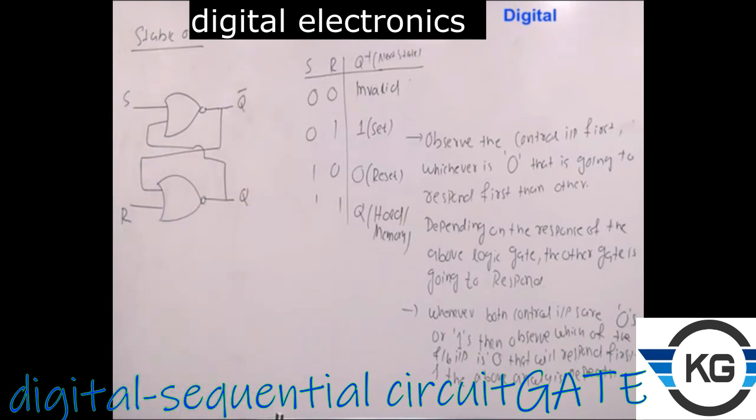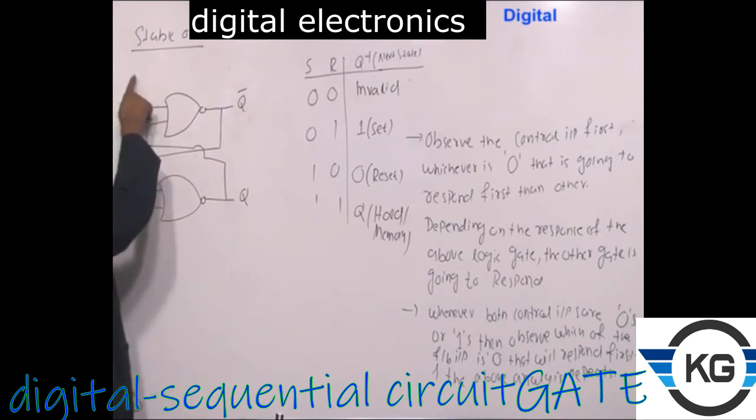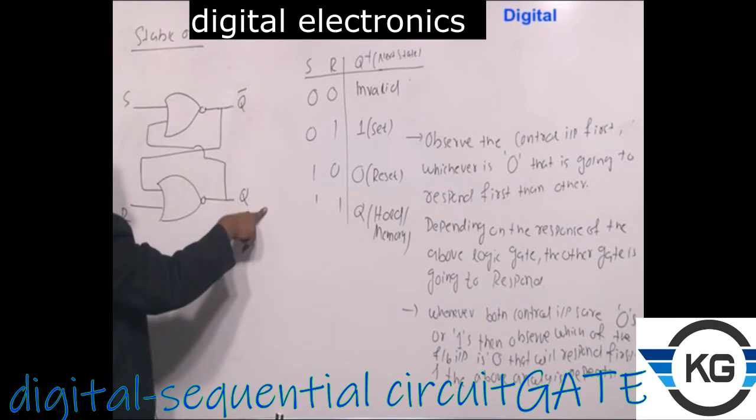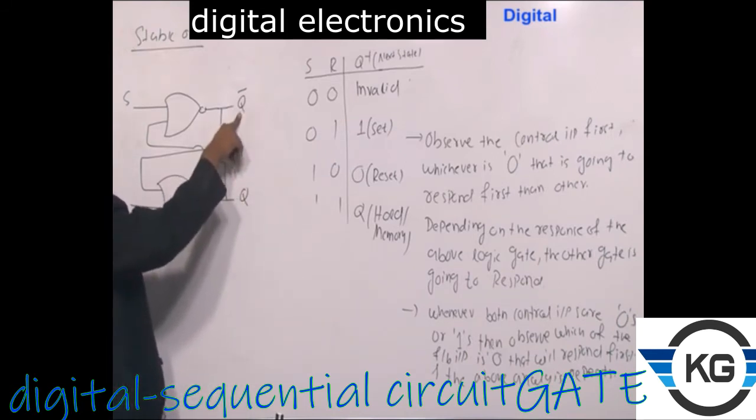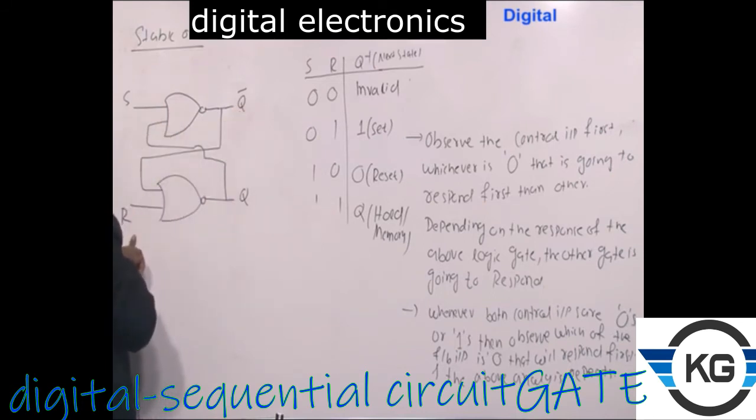If you open the Morris Mano book, like in the earlier NAND latch case, I have taken this as S and R, and I have taken this as Q and Q bar. In some of the books, you will find they take this as Q bar and Q, and they take this as R and S. Whatever naming they use, these will always be complements of each other, and whatever changes they make, they will give some table to you. That table, whatever you get in the book, will be valid with respect to that particular circuit given there.